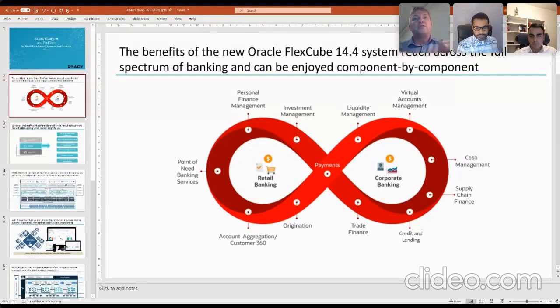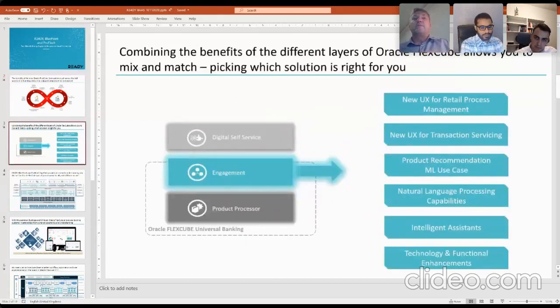So you don't need to change the whole system. We're looking at that with the banks that we're working with in the region, and they are actually responding to that. They don't need to change the whole thing, even if they want to keep their legacy system at a different pitch. The other thing that I think is a major advantage that I like about the new version is